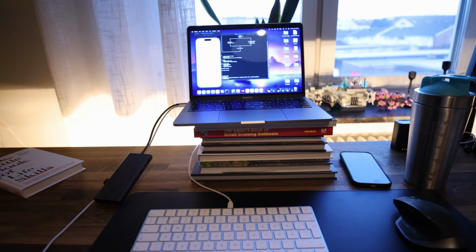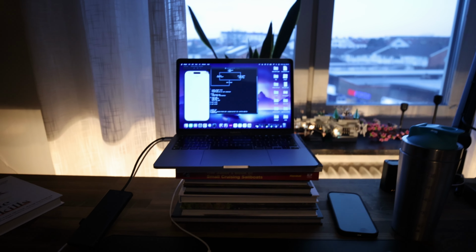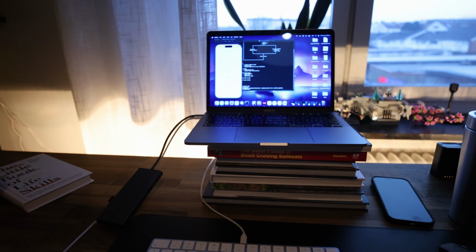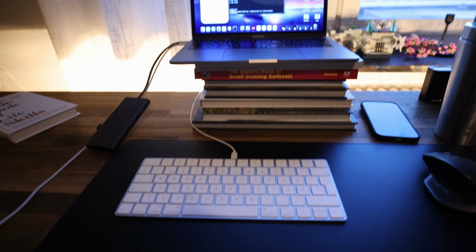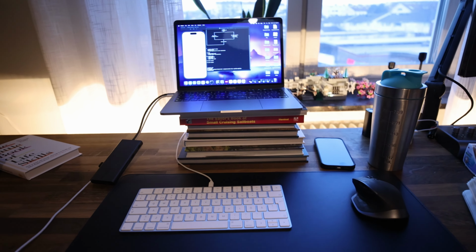Okay, so here's the setup. The mouse has almost no battery, so we'll see how long that lasts. But I think this will be pretty good for now, until I can get a laptop stand. Okay, so let's just start with the